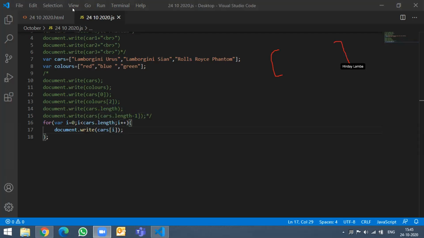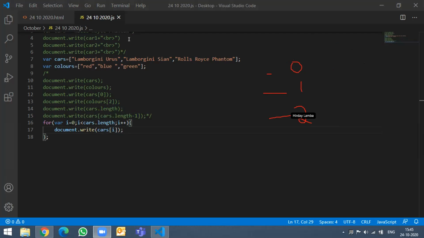After the array has been defined, we found out there is an index value. The first value is always the 0th value, and then it starts. If we want to print the 0th value, first value, second value, we were using document.write, document.write, document.write.